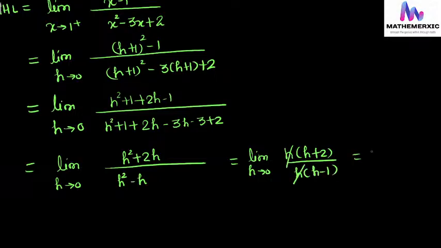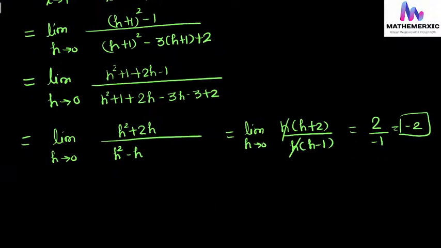This will be cancelled out and this will become 2 minus 1, that is minus 2, is the answer here. So answer for LHL, RHL are same. We agree with this. It implies that we can say here LHL is equal to RHL equal to minus 2, but